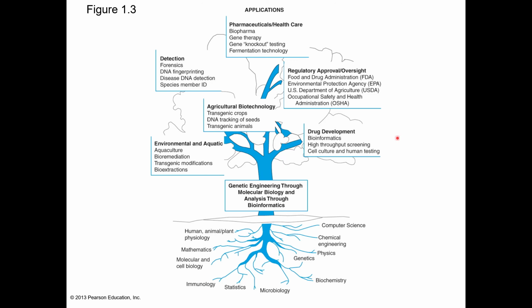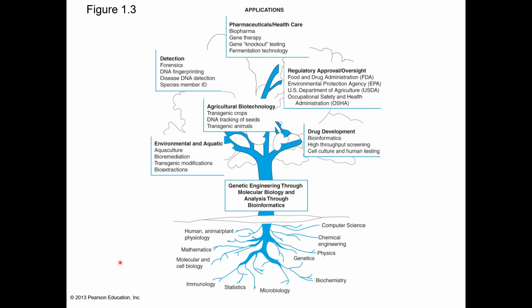And for this slide here, the notes, the biotechnology tree. Different disciplines contribute to biotechnology, and we were discussing just the labels on here. The basic sciences are the foundation or the roots of all aspects of biotechnology. So these are basically like the undergraduate classes or the required classes that you would have to study in order to get into the main biotechnology. And they were human physiology, animal plant physiology, mathematics, molecular and cellular biology, statistics, microbiology, genetics, biochemistry, physics. All these courses here, you're going to at least have to take a course in one of these to